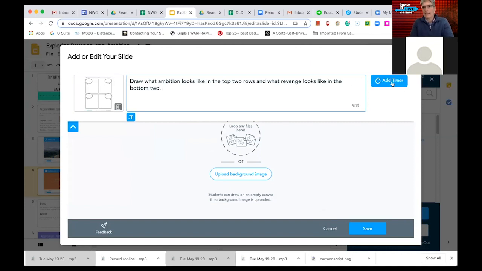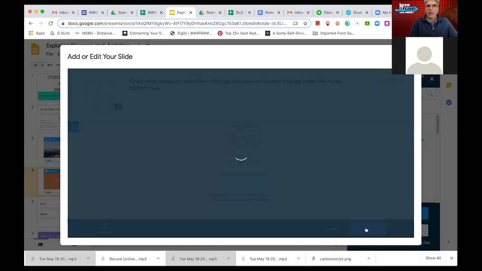Okay. And I can add a timer. I really don't want to put that kind of pressure on them. If I'm doing it teacher paced, I can push them forward. As a teacher pace, it'll say 2 more people need to respond, 1 more person needs to respond. And I can put a background image. If I'm doing math here, I could put a grid paper that I found. I can add different components to this, and that was with the multimedia as well. So I'm going to hit save, and it's going to add it as another new slide right underneath my collaborate